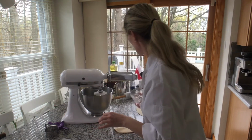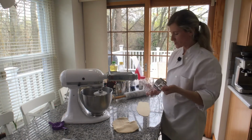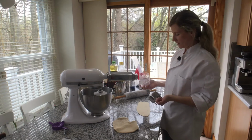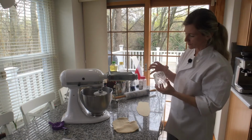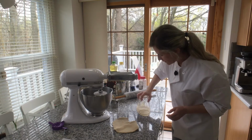And people use different things. I have this kind of cutter. It just depends how big you want to have your pierogi. And some people use a glass, and I'll use a glass today, I think, because that's what I like. It's very comfortable to hold in my hand. So you just cut the circles,